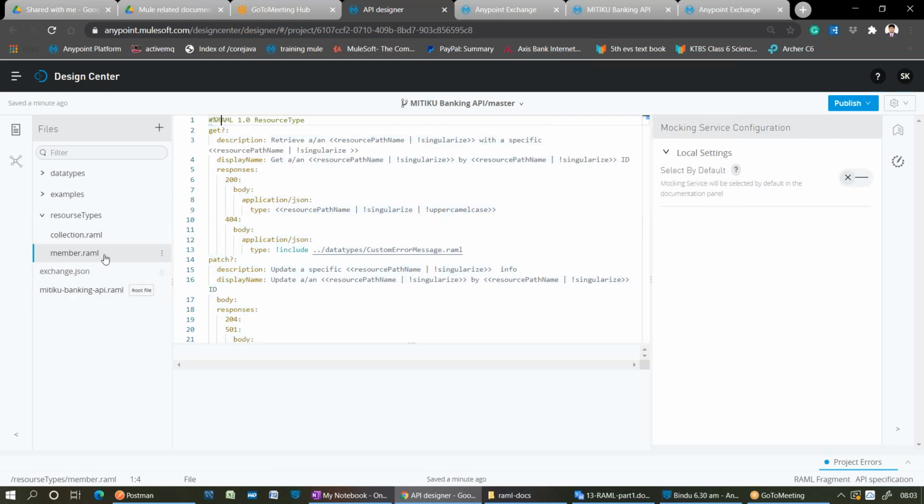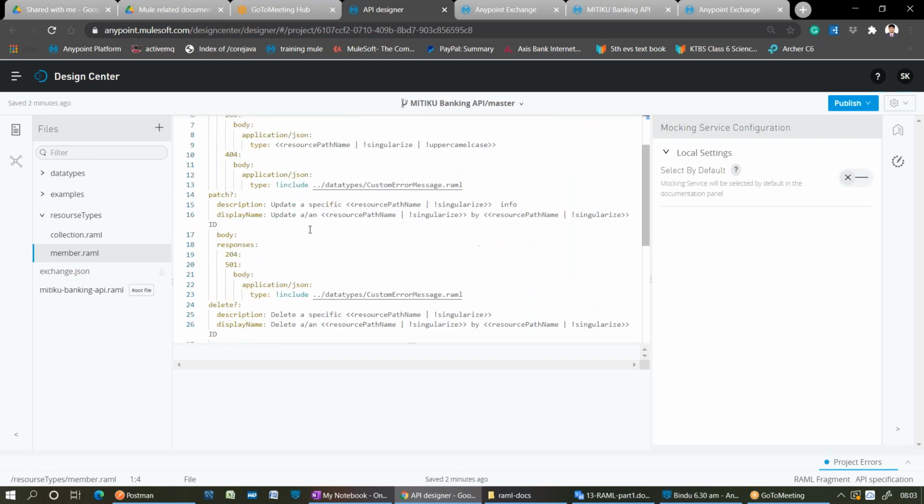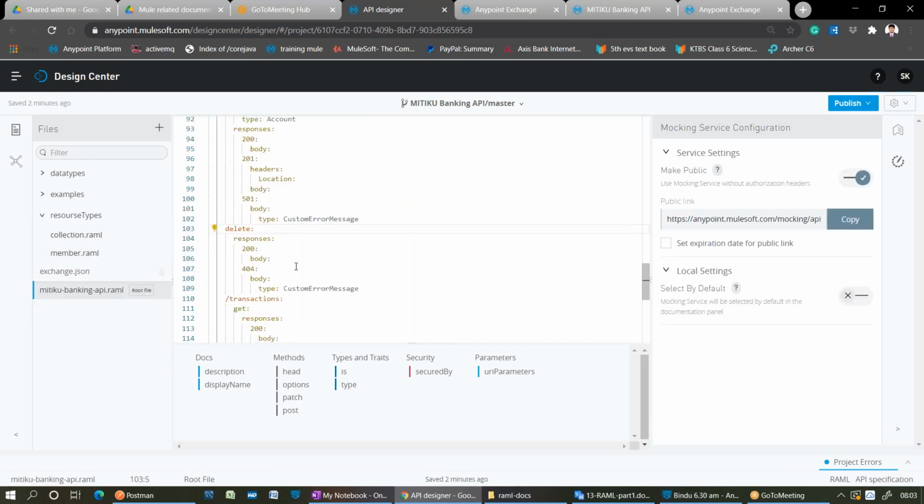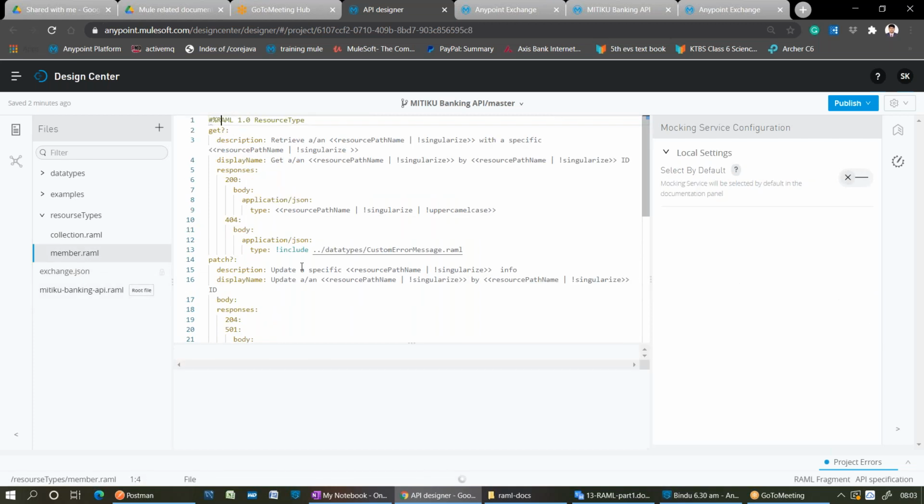to slash customer underscore ID. What are the slash customer underscore ID methods? Get, patch, and delete. But in this template, I have a put also, no? If you're not writing this as optional, it's mandatory to use the put method also, but which is not required in that slash customer underscore ID. So, you understood now how the question mark plays? It's an optional. We are giving flexibility to the user who is going to create an API, to use that particular method or not.